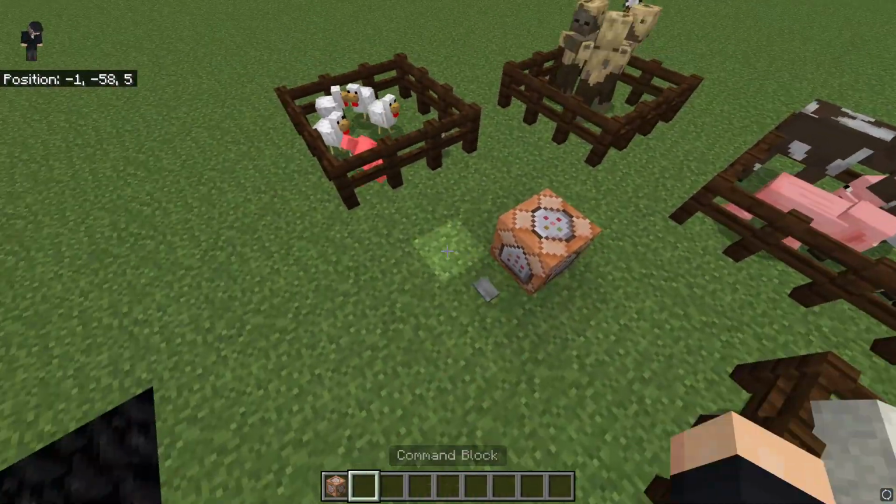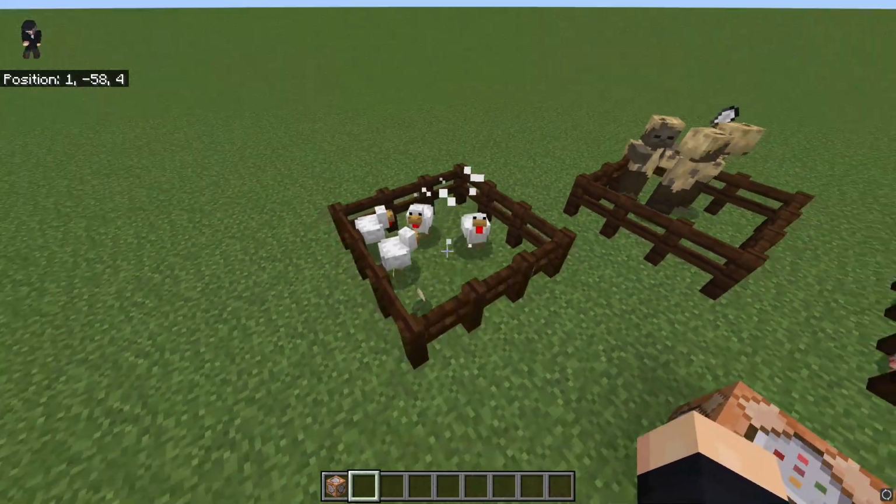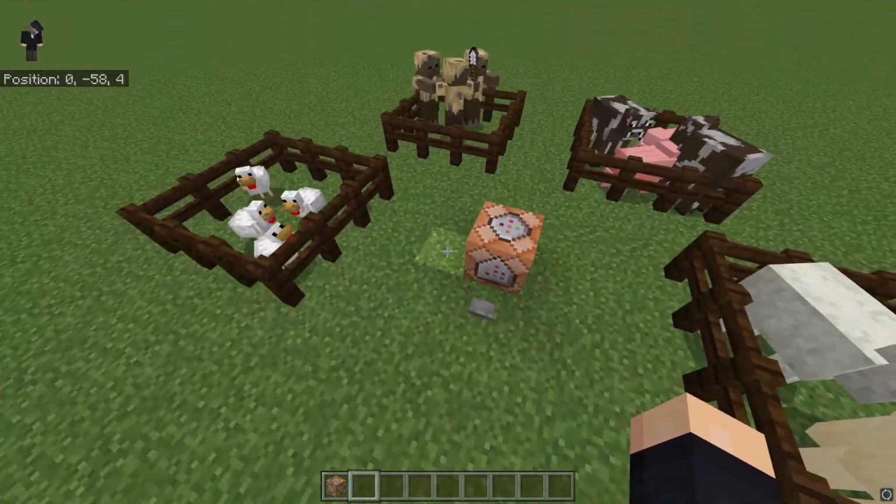So we're going to press this button and it will kill two chickens in the coop. As you can see, they're now gone. And that is how we use the C and the type